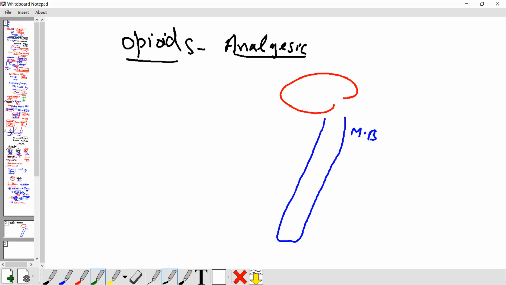In the midbrain, we have the periaqueductal gray matter. In the medulla oblongata, we have the raphe magnus. And in the spinal cord, we have the substantia gelatinosa. So neurons come from this to this part, then neurons move to this part, then inside the spinal